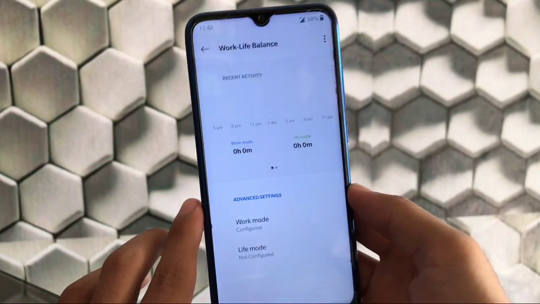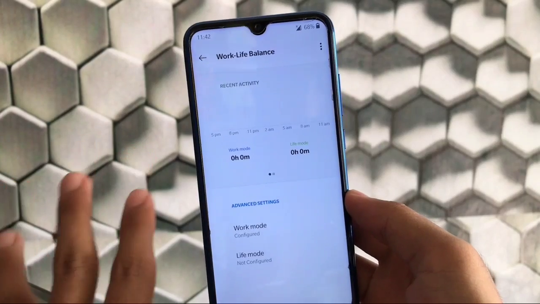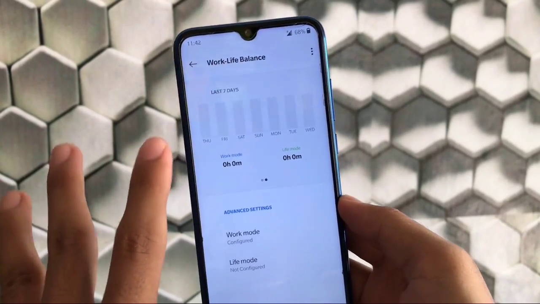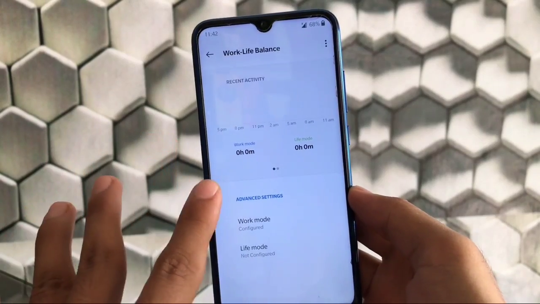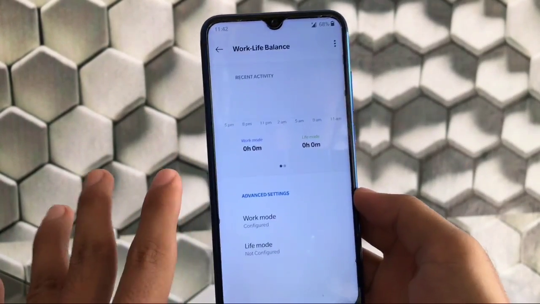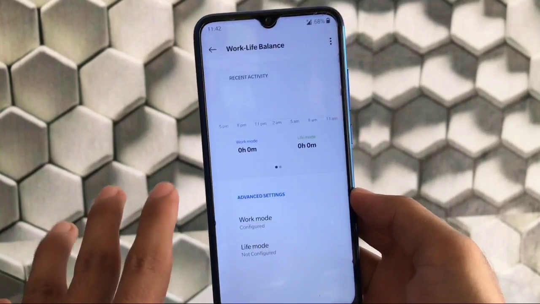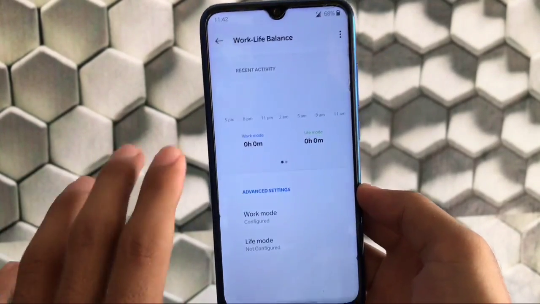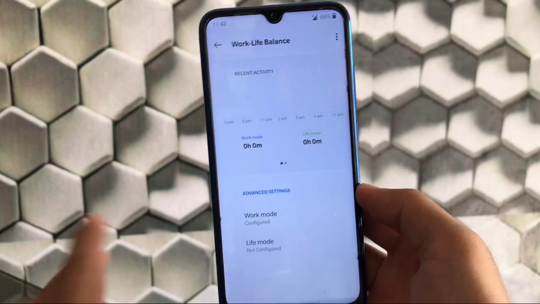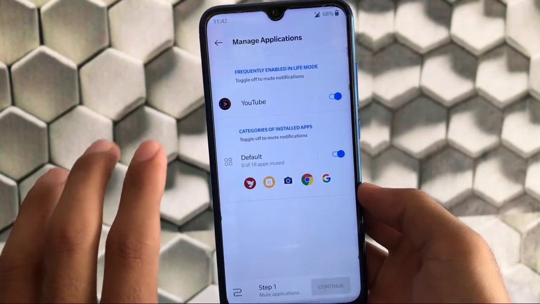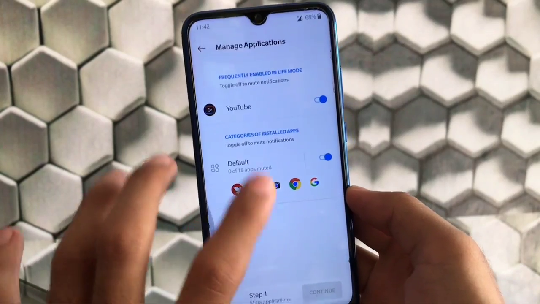Firstly, you have to use your device for some time, and then you will get to know which things you get here and which things you don't. You can choose the work mode and the life mode, which means you can enable or disable notifications for some apps, and for some time you can choose life mode. There are a lot of things. You just need to configure all these things and everything will be fine.